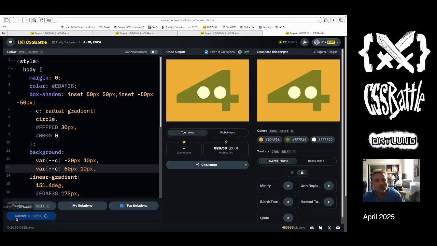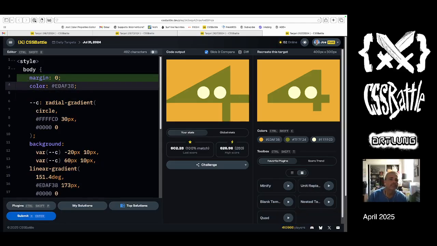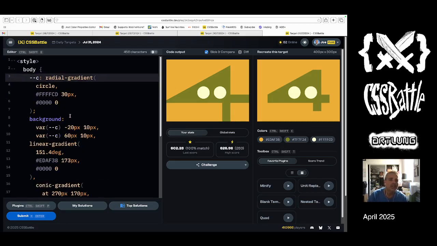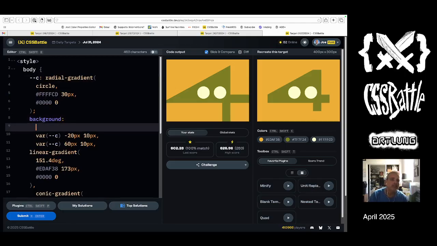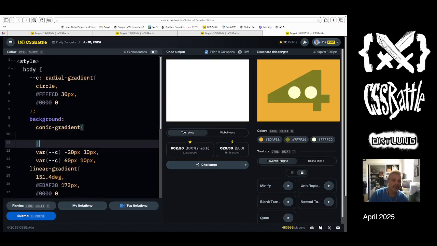So that's all. No, it's not all. It's actually not. Yeah, I don't love the box shadow. So 50 by 50. Having to set a margin and having to set a color sucks. I don't like it. I don't like it at all. So I'm going to do a conic gradient. And it's at top corner. And it's 50 less